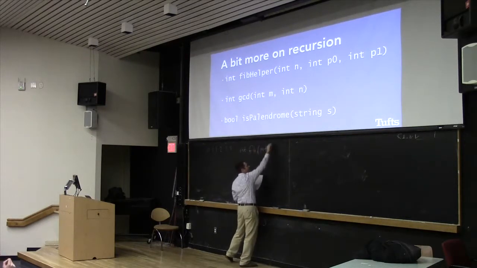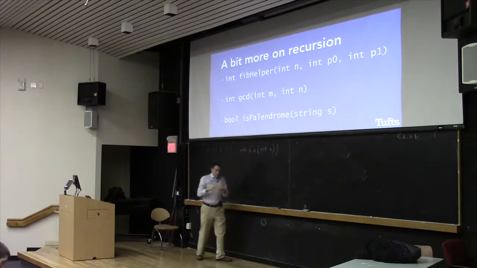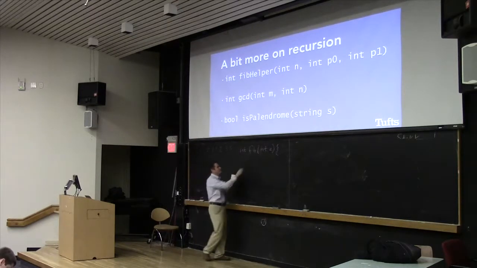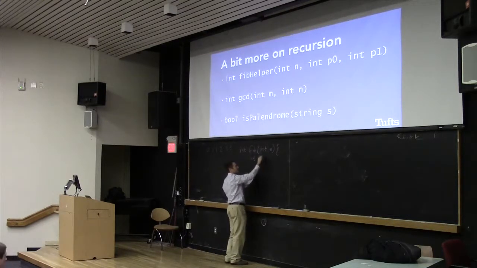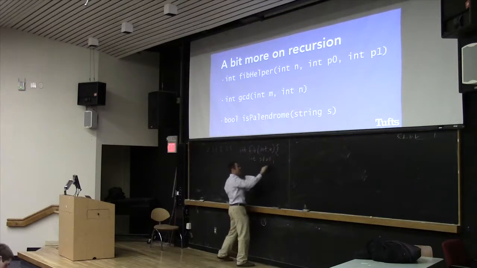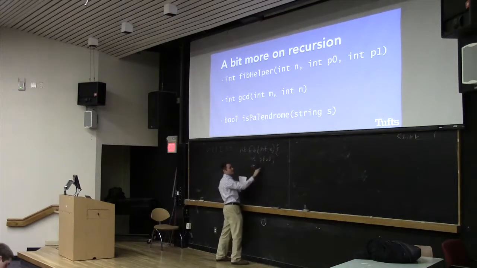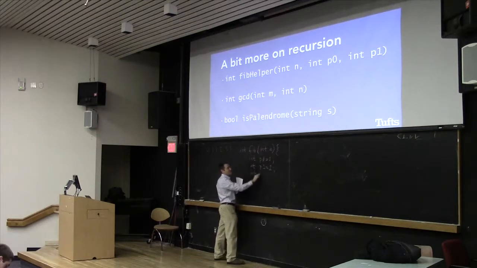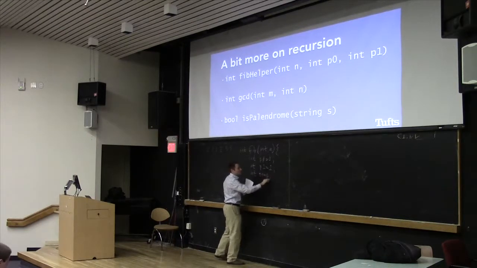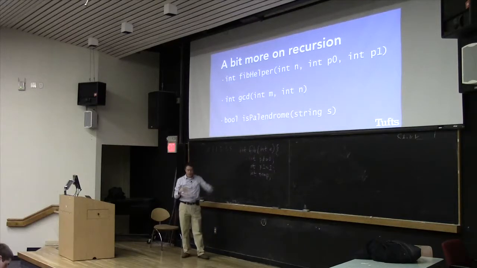Int n. OK, well, let's see. We need a couple temporary variables ourselves, like P0, which we'll make equal to 0. It's going to look very similar in some sense. P1 equals 1. And then we'll also need some temporary variable as well. You'll see why in a second. This is how we set it up. And then it's just a loop, right? If we're going through this thing, it's a simple loop, right?